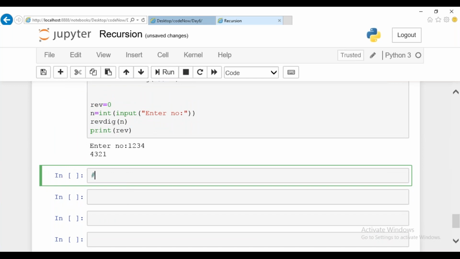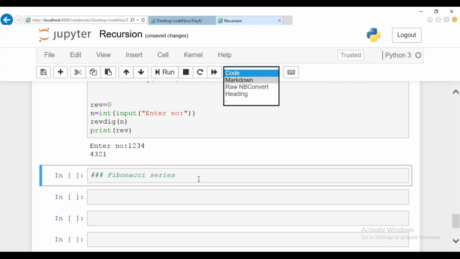I will type it. Guys, you can try the Fibonacci series without recursion, then we can go ahead with recursion. I guess everyone knows about the Fibonacci series. Do you want me to explain? Come on.